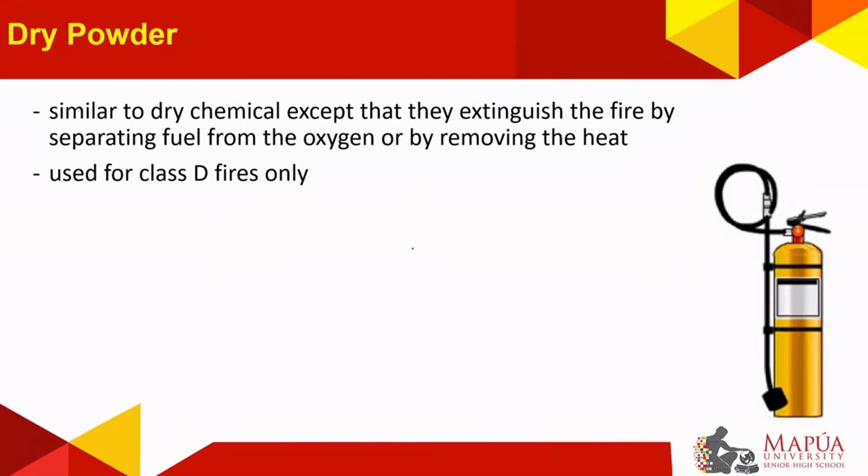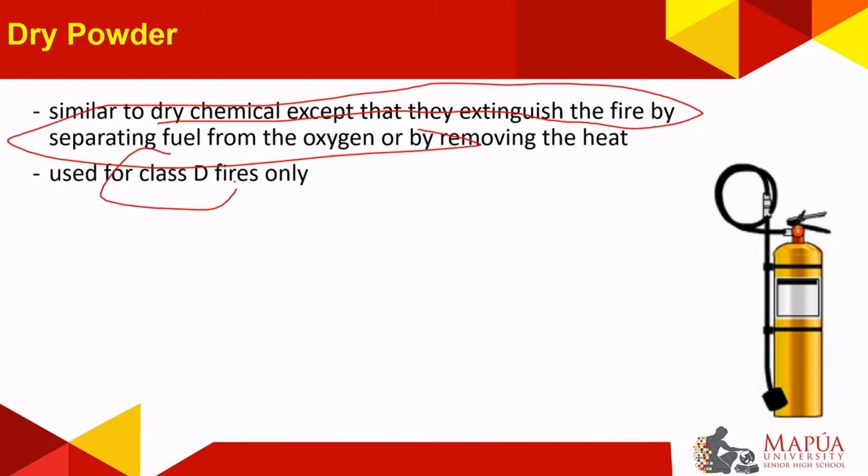Then we have a dry powder fire extinguisher. A dry powder fire extinguisher, again, extinguishes fire from metals. It is similar to dry chemical, except that they extinguish fire by separating fuel from oxygen or by removing the heat. It can only be used on Class D fires because if we use other forms of